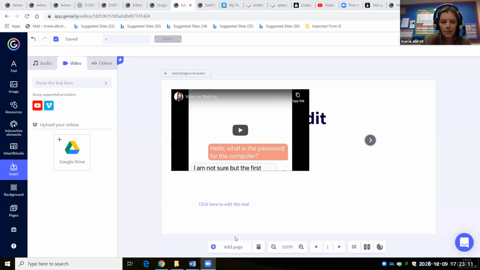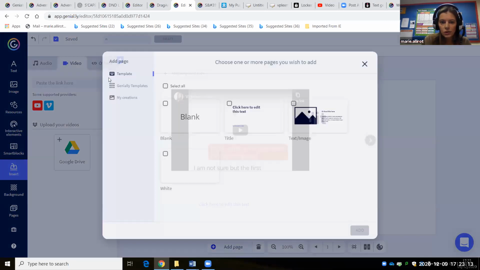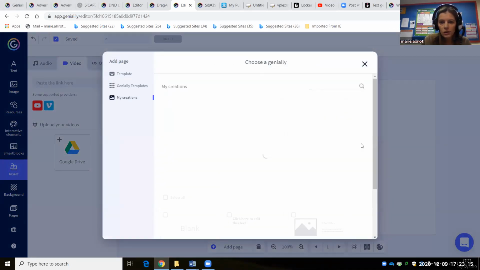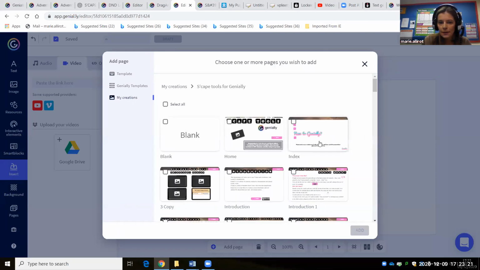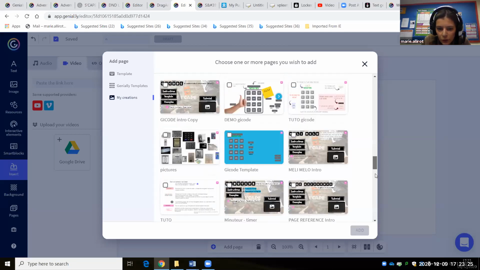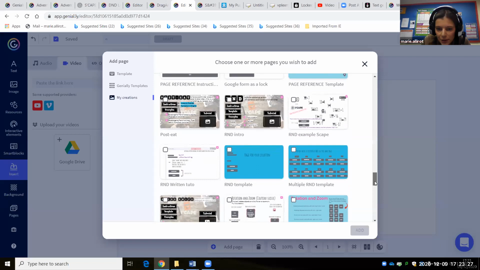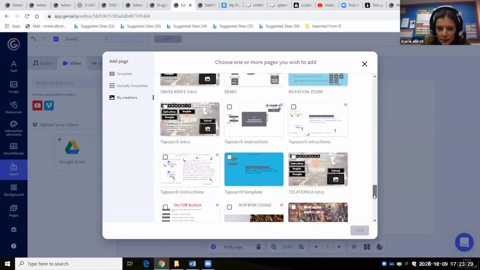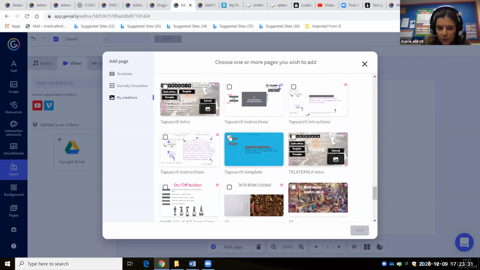So I'm sharing my screen. Okay, so I'm just going to add a page, my creation. I'm going to my Scape tools. So I need to find the one called Tapuscript. They're all in alphabetical order. The one made by Julia and myself. Tapuscript template, add.